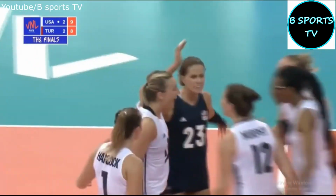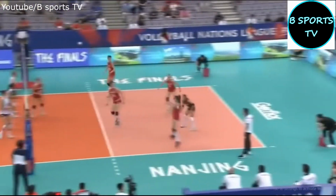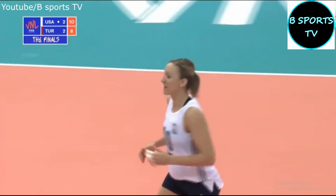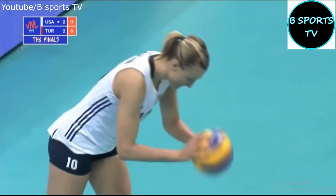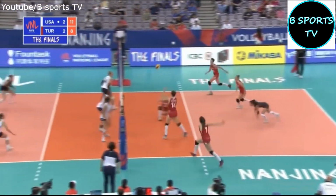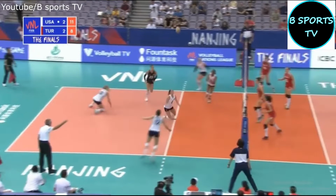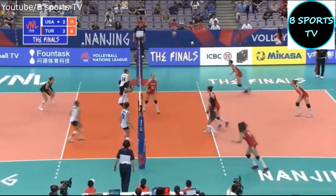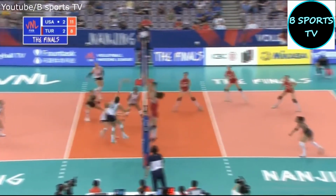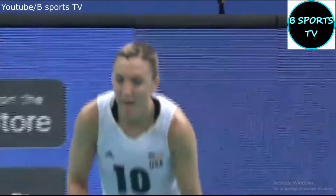Good serve from Larson. And we finally get a serve in court, and it's an ace from Larson to serve again. Another good serve, another ace. And USA are pulling away in this decider. In a 15-point set, it's really difficult to come back from that. Turkey have to go again. Karakurt is picked up. Oh, good scramble from Hancock. And again, Murphy puts it away, and the USA now on their way in for the...